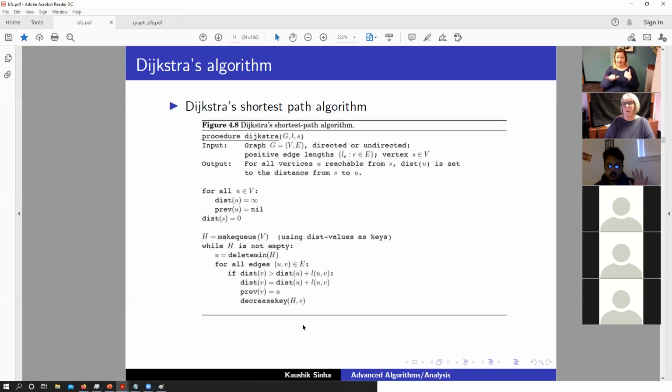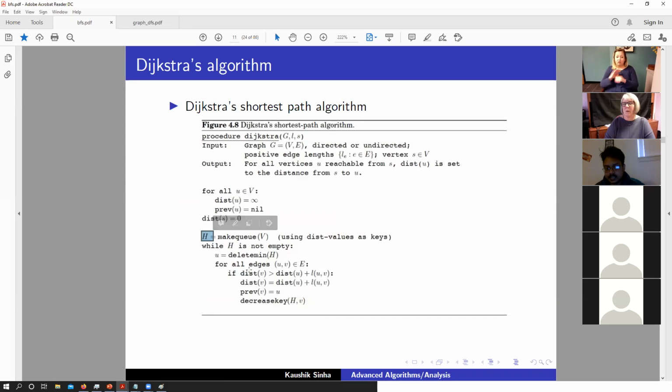Okay, so let's say that we have this sort of a data structure that is pre-designed and given to us. So now, given that we have this data structure, let's look at how this shortest path algorithm would work when we are talking about graphs with weighted edges. And that particular algorithm is called Dijkstra's algorithm. Right, so Dijkstra essentially starts off the same way as we do it with BFS. It initializes all the distances to infinity, and then it inserts all the vertices V inside the queue.